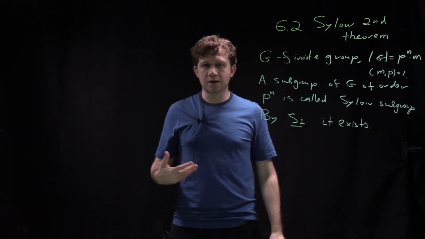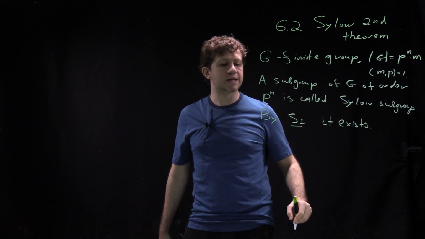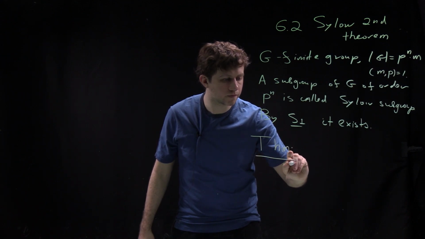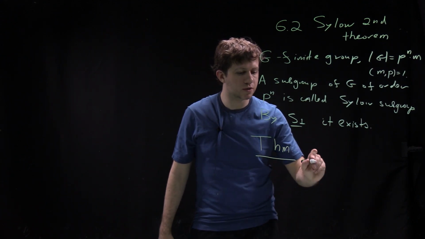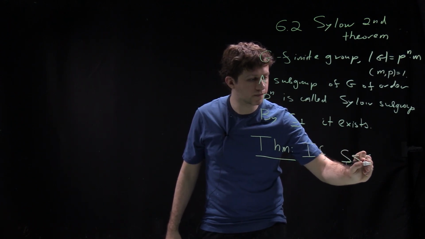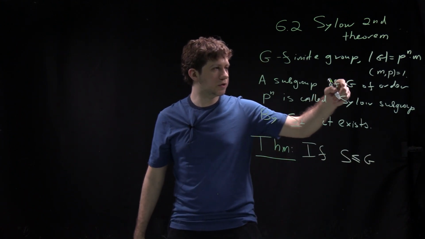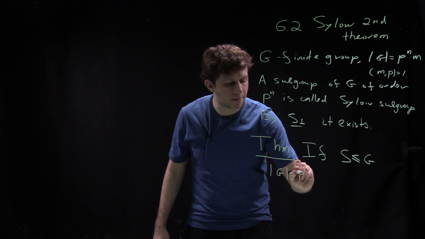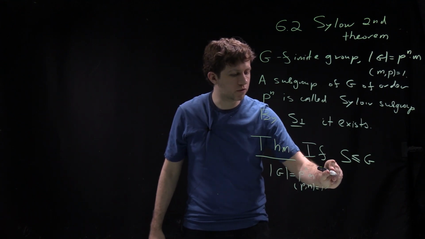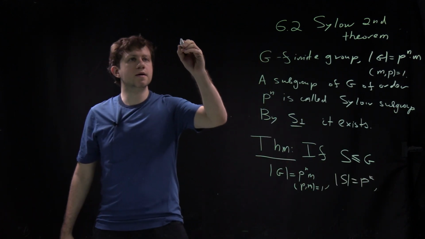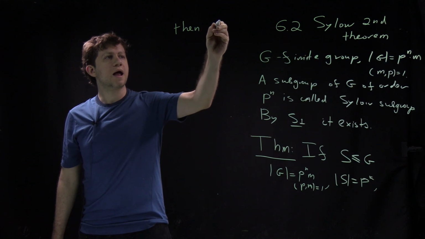So let me formulate a stronger theorem, but in particular it will imply that. So the theorem is as follows. So suppose S is a subgroup of G, and the order of G is p to the power n times m, where p and m are coprime, and the order of S is p to the power k, then S